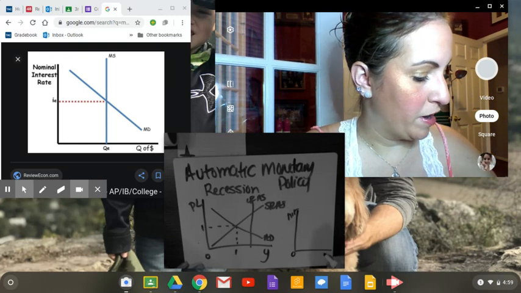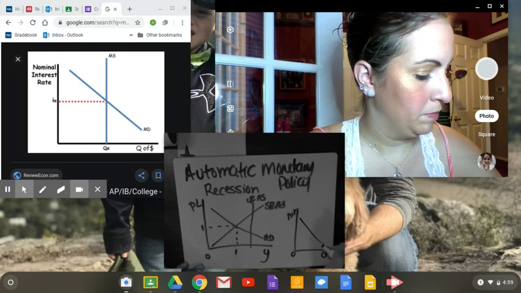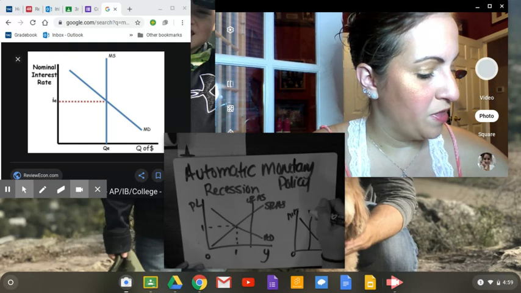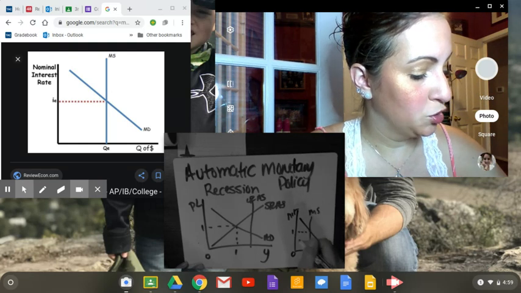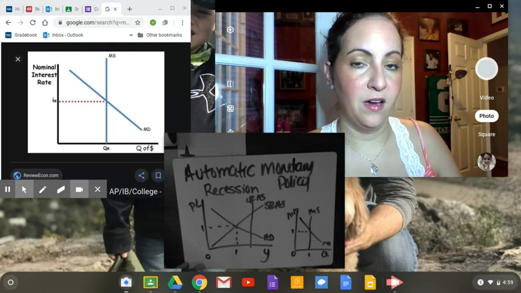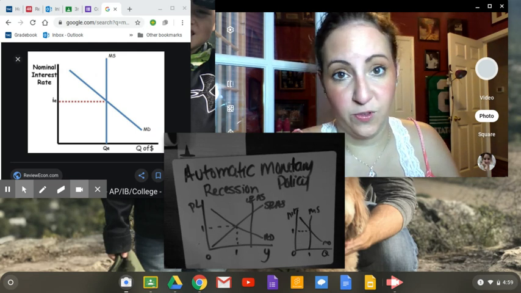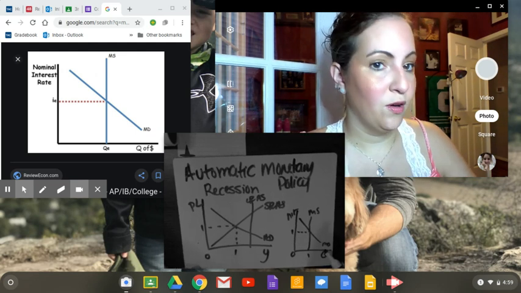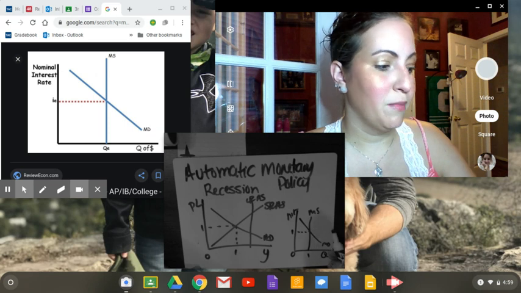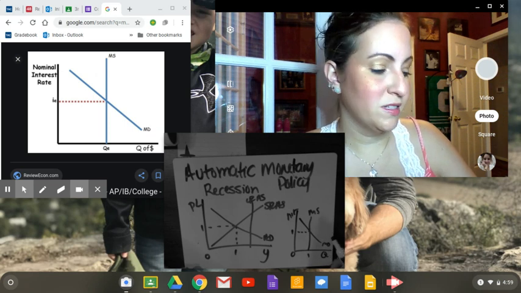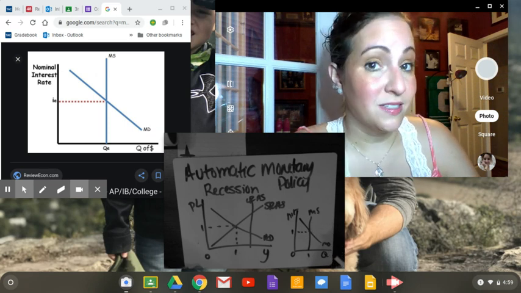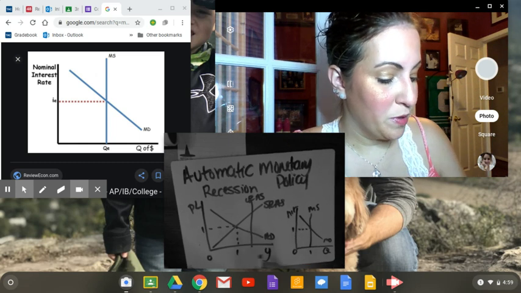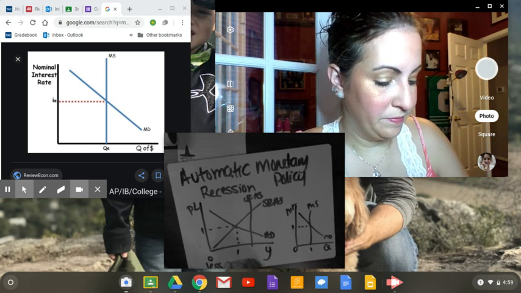Here's our money market graph. Let's say that even though the Federal Reserve should buy bonds to expand the economy in a recession, let's say they don't for whatever reason. And that it's like money supply will stay the same because they're not doing policy, but money demand is still going to change. And so when there's less spending in a recession,